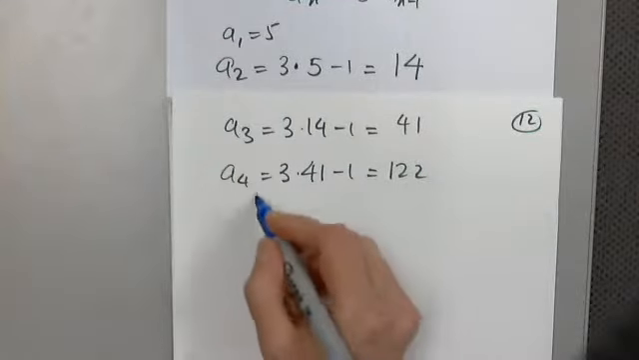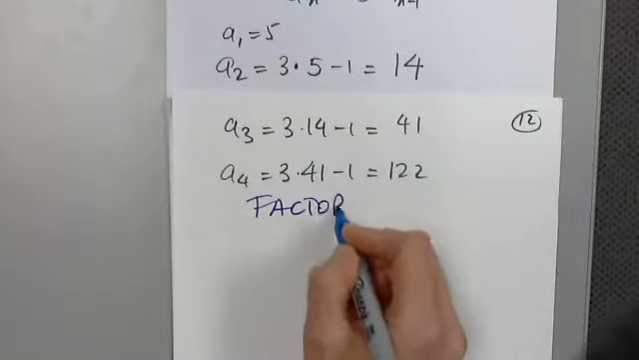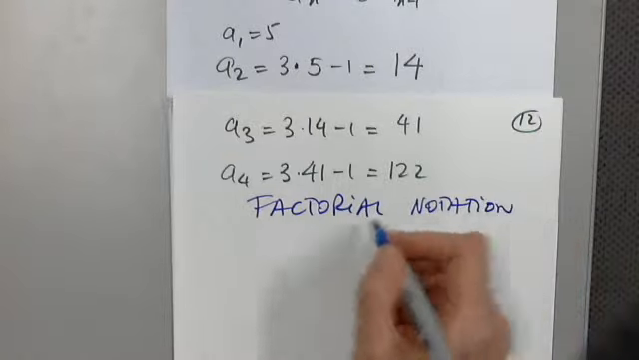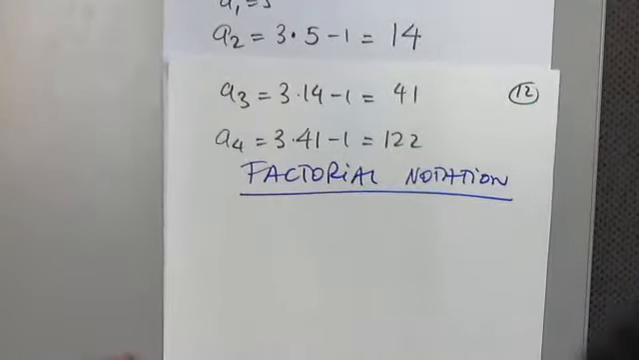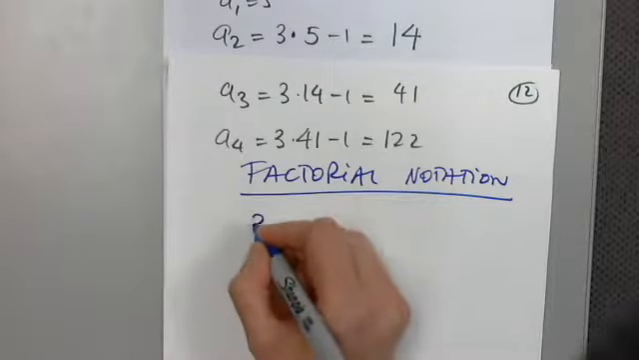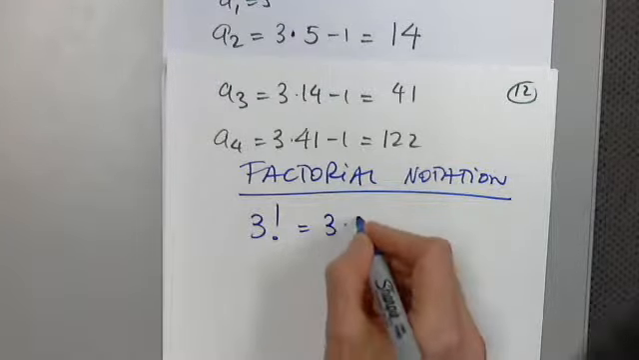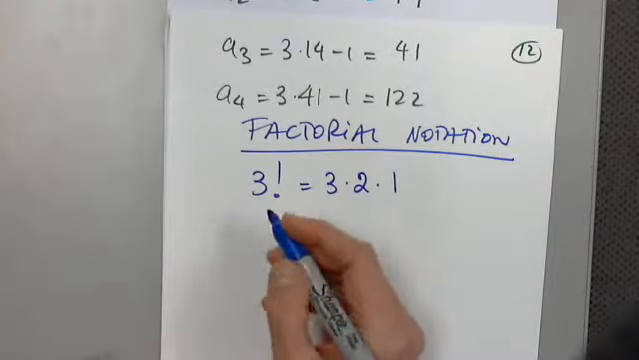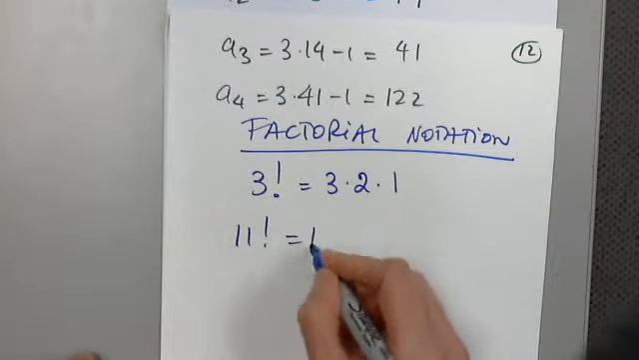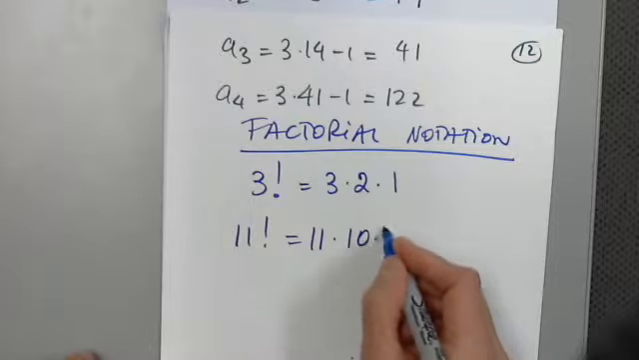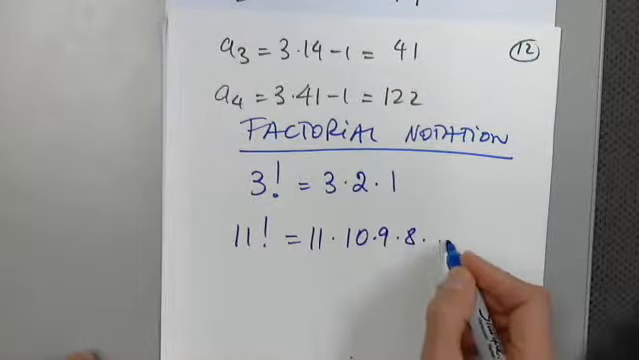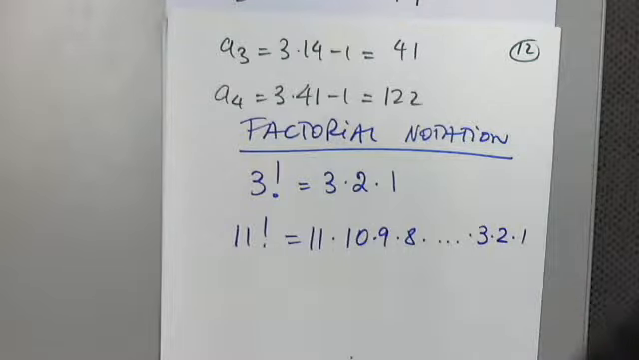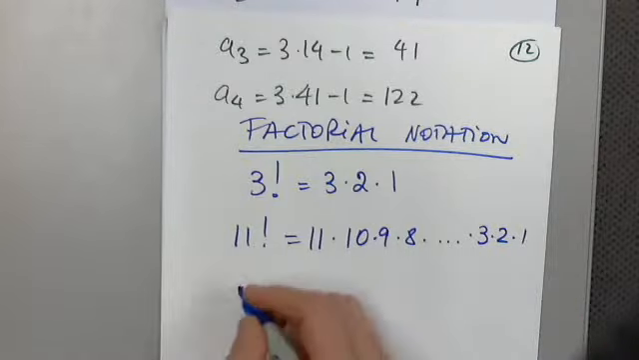Item, which is factorial notation. Here's the factorial notation. 3 factorial means 3 times 2 times 1. Let's say 11 factorial equals 11 times 10 times 9 times 8 times ... I don't want to list all of them, times 3 times 2 times 1. So in general, n factorial